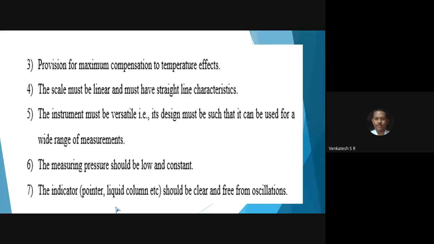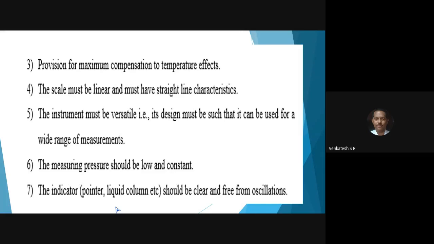Or suppose you use the instrument in Arab countries or in some countries where the temperature is sub-zero, that is less than 0 degrees, or sometimes the temperature is more than 45 degrees centigrade. Due to thermal expansion or thermal contraction, the instrument should not give a wrong reading. It should be accurate despite the temperature effect. If there is high or low temperature, the instrument should give the correct, accurate answers.